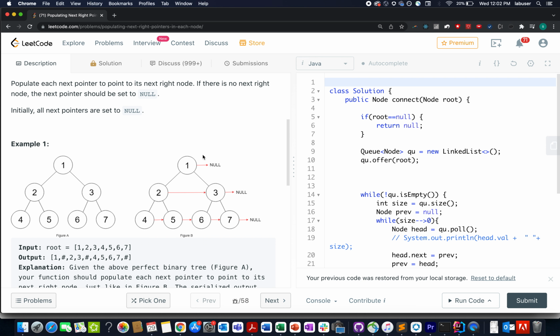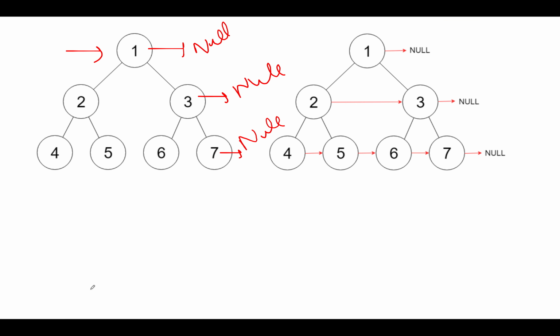Without much ado, let's quickly walk through the presentation that I have created for this. I'll be explaining this question as well as the algorithm to follow in the PPT.